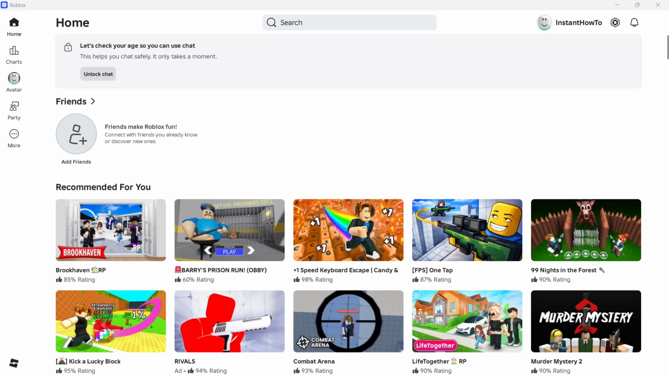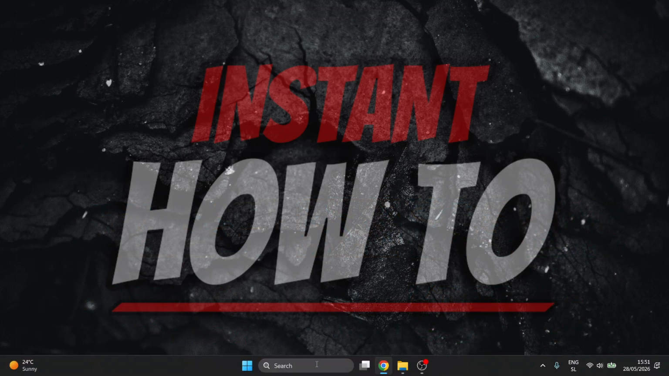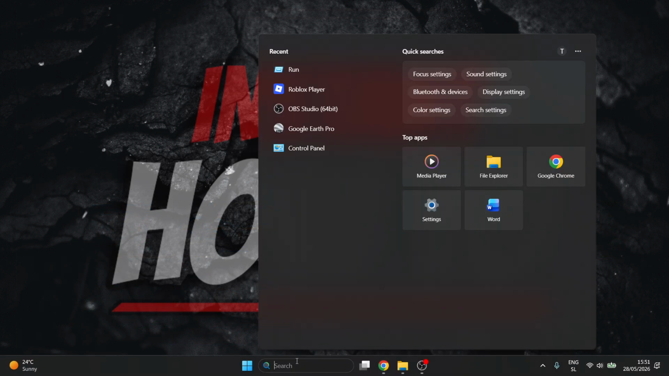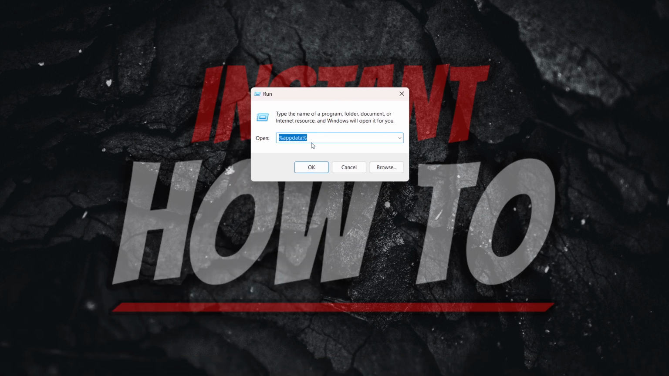In this video, I'm going to show you how to uncap FPS in Roblox. Now, the first thing you want to do is close down the Roblox player, just like this, and then go to the bottom where you can see your search bar and type in run. When you type that in, open up this program called Run, click on it, and type in the following: